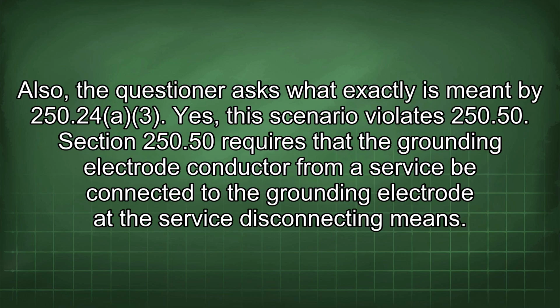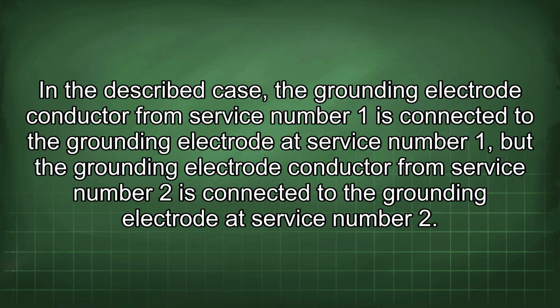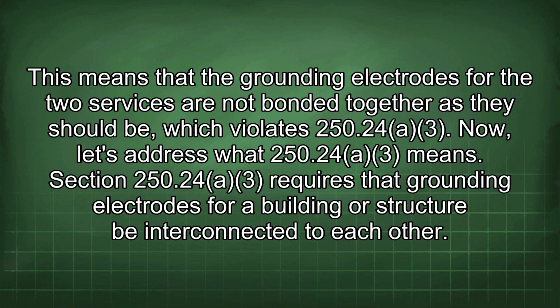Also, the questioner asks what exactly is meant by 250.243. Yes, this scenario violates 250.50. Section 250.50 requires that the grounding electrode conductor from a service be connected to the grounding electrode at the service disconnecting means. In the described case, the grounding electrode conductor from service number 1 is connected to the grounding electrode at service number 1, but the grounding electrode conductor from service number 2 is connected to the grounding electrode at service number 2. This means that the grounding electrodes for the two services are not bonded together as they should be, which violates